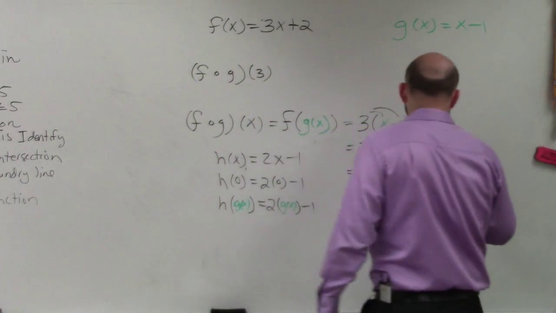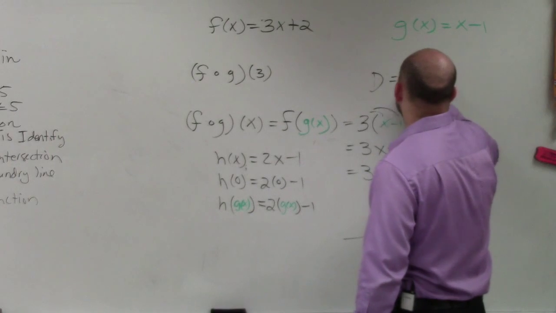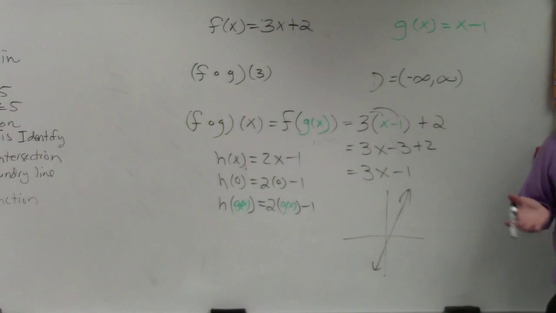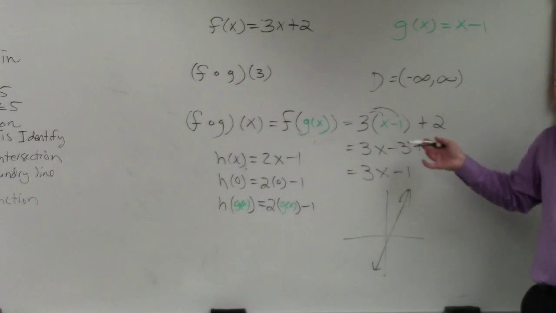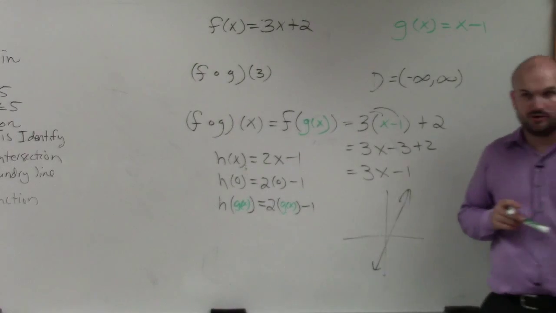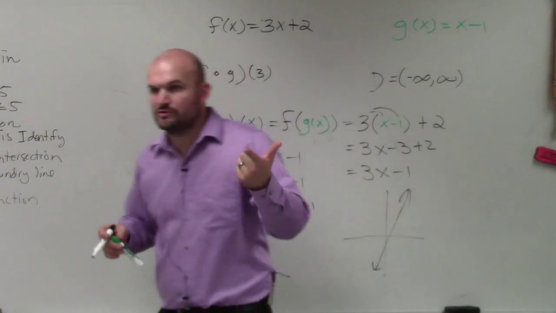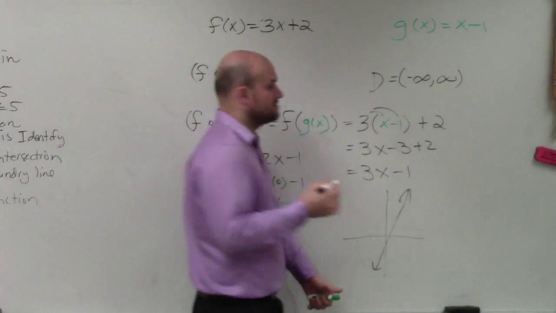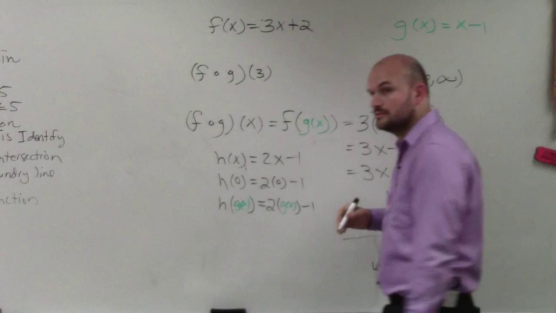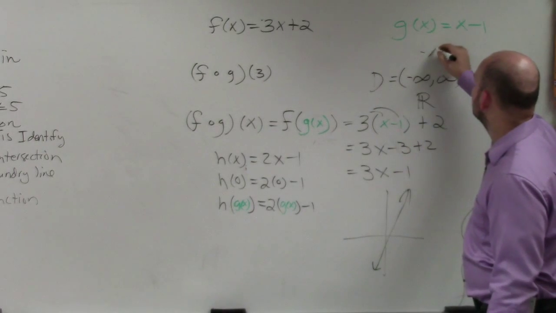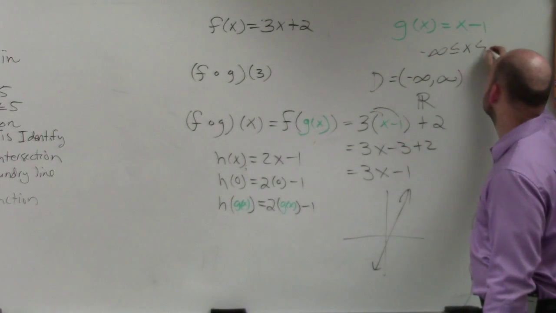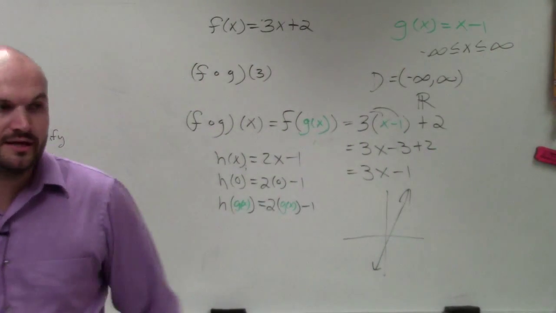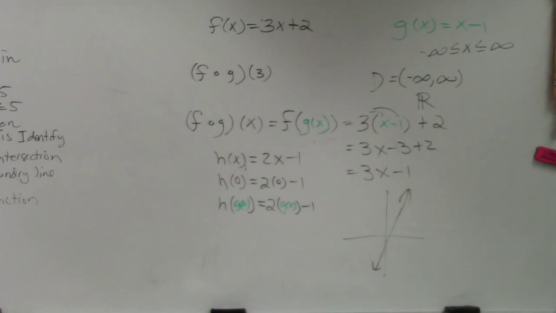So the reason why is therefore your domain is negative infinity to infinity. There's no discontinuities. There's no reason why you can't plug in any number in for x, right? There's no number that makes it 0, and there's no number that you're taking the square root of a negative number. You might also see it like all real numbers. And you could also see it like this. Negative infinity is less than or equal to x, which is less than or equal to infinity. Those are 3 different representations. But I'm focusing on interval notation in this class. But not to say, though,